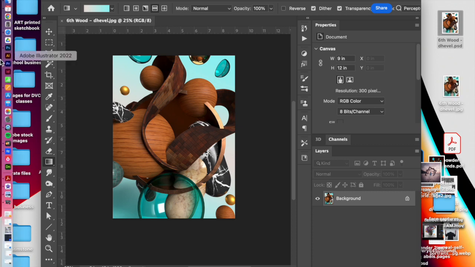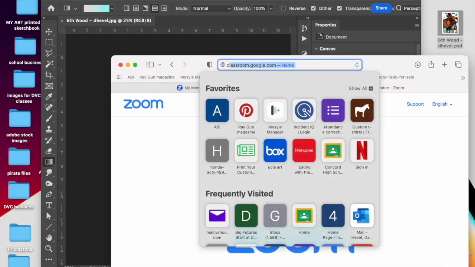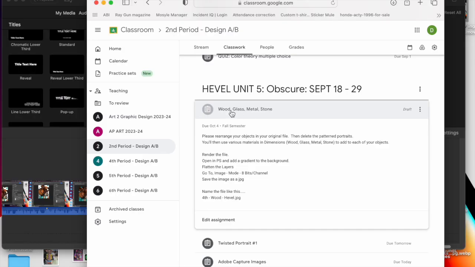Find the assignment in Google Classroom. So I'm going to type in Classroom here. And that you're going to turn it into is called Wood, Glass, Metal, Stone. You can see here I've asked you to render the file, open it in Photoshop, make a gradient to the background, flatten your layers, go to Image Mode, 8-bit channel, save it as a JPEG, and name it something like